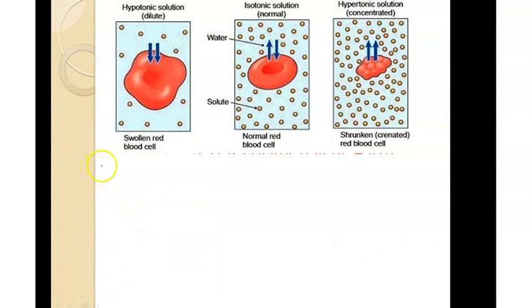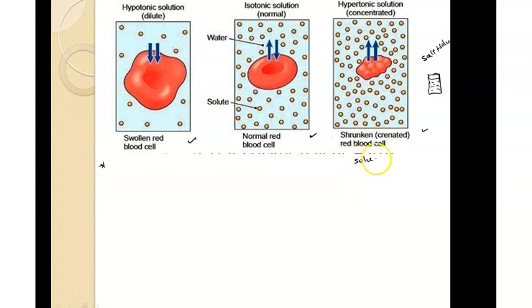Okay, let's understand the osmosis and diffusion process. With the three different solutions I have taken here, one condition I have taken, and I inserted one cell inside these three solutions. What is the solution actually? Let's take, in this glass I have taken water, and in that I may have taken salt. Water is the solvent and salt is the solute. In a solution you are going to find two important things.